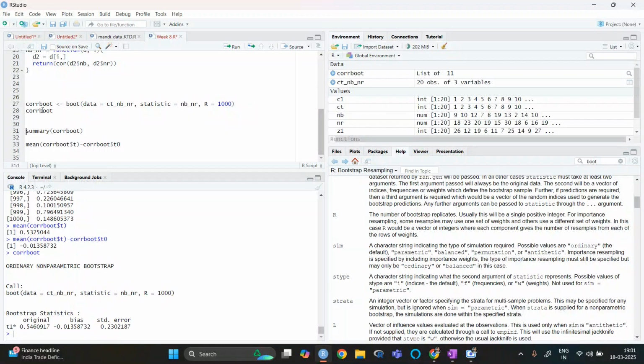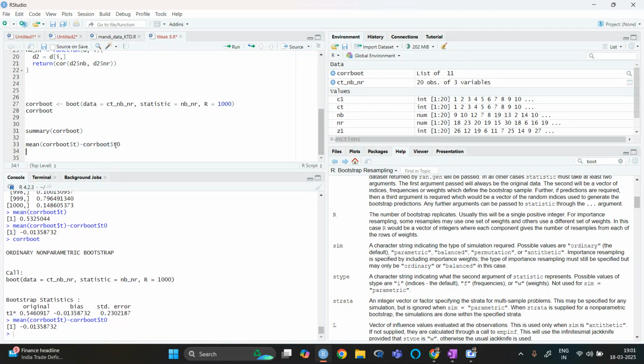If I just run core boot, you can see that this one is the original, and this T is the generated bootstrap samples. So if I take the mean of the bootstrap samples minus the real one, we can find the biasedness, and the standard deviation is the standard deviation in these